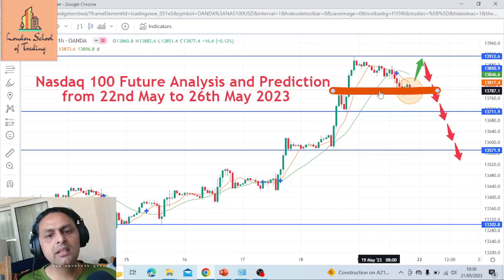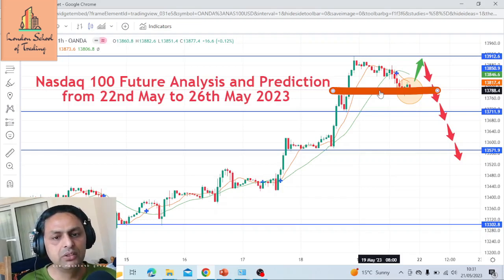One is debt ceiling, that is a hot cake for this week. Be careful about the news, okay? Because of that news, it can go either side. If positive news, it can go up. If not positive, if negative, it will dump. Market will go down, okay? If it goes up, not that much because already it's priced in, but if it goes down, it will be very hard. That you need to understand, okay?